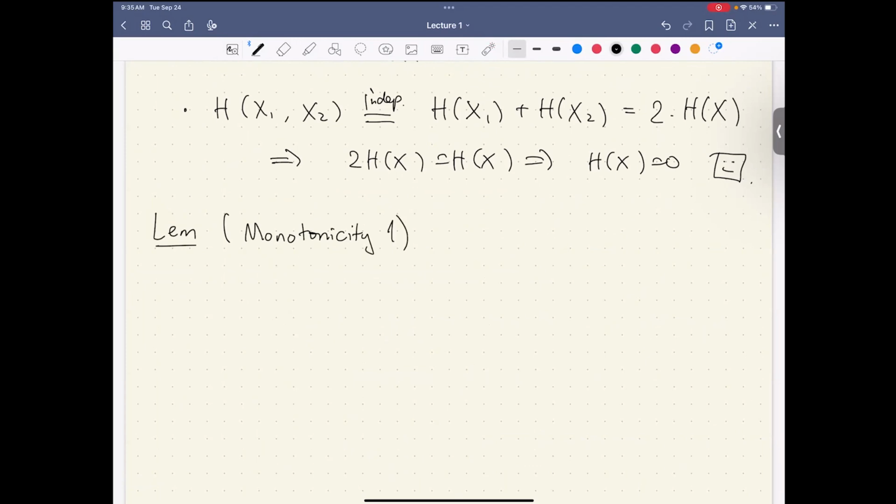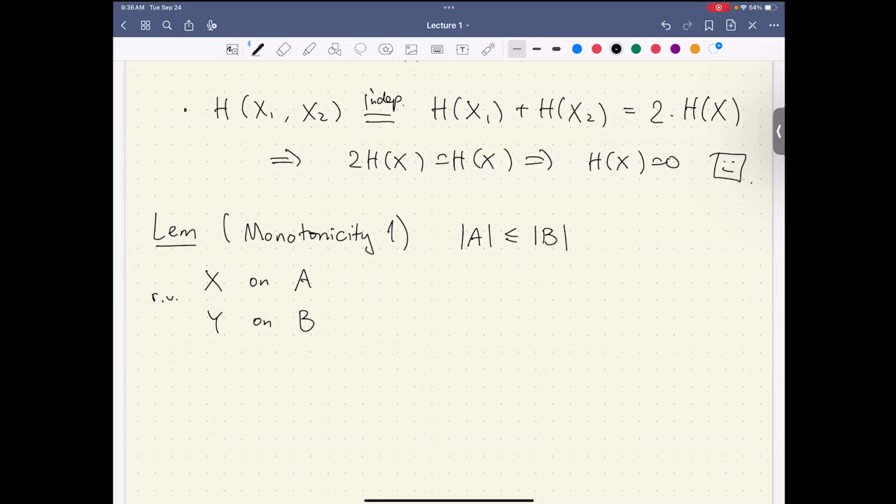The first monotonicity says the following. If you have two sets, A and B, where A is less than or equal to B, and we have random variables X defined on A and Y taking values on B,